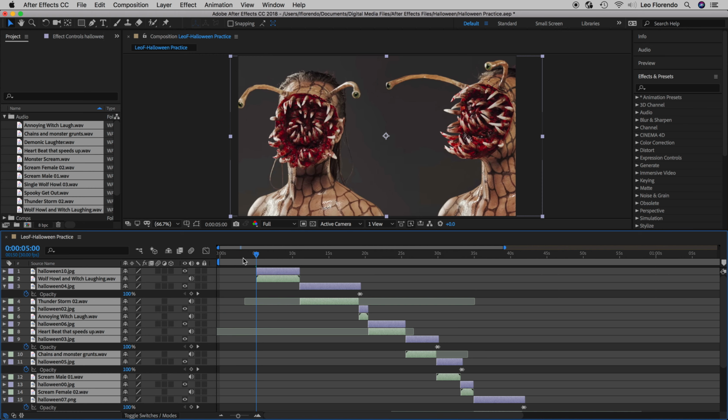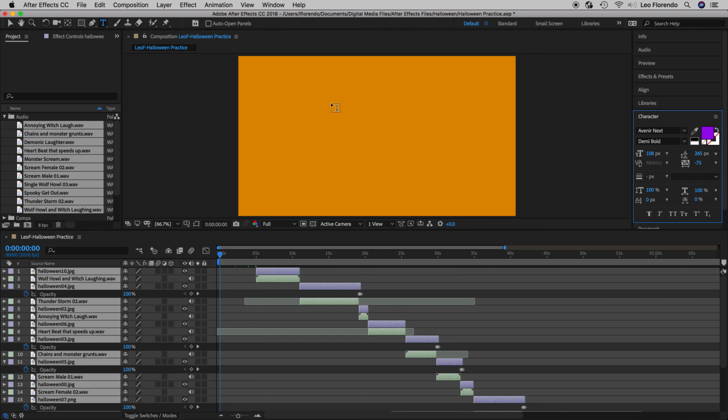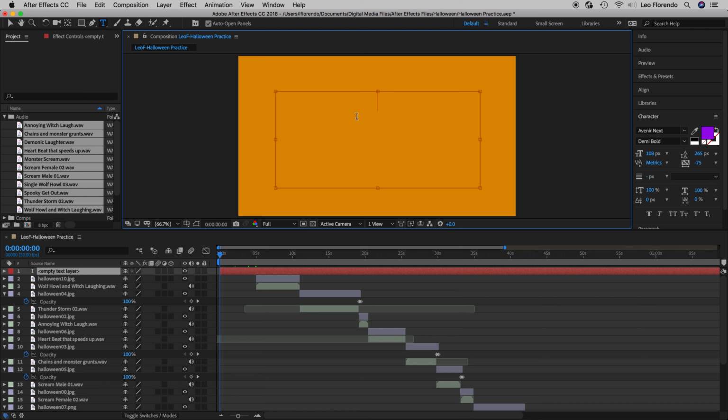So with our playhead in the beginning, should have a solid color. Get our text tool right up here and just click and drag a box, and then you can type inside. So the title of this is just going to be Halloween by your username, like this. So to change fonts and stuff, you just select the text, and over here in your character panel,